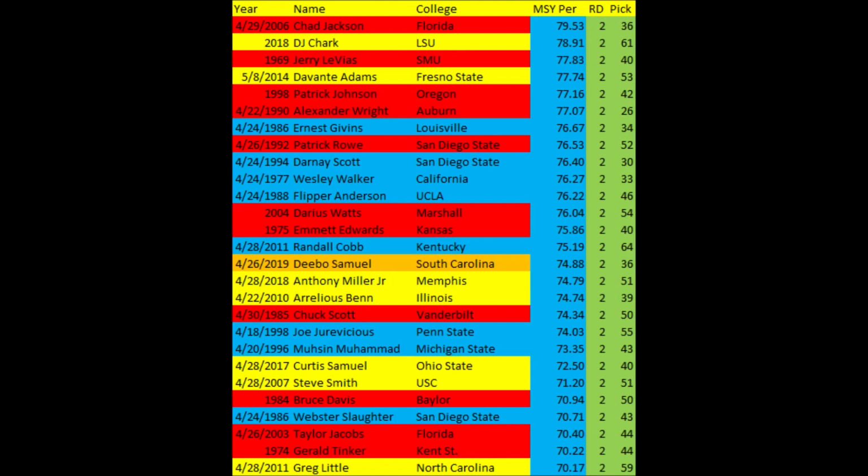But the bottom line is there is a decent amount of successful players in this area with Deebo Samuel. So I think there's a good chance that he has a better chance than most to become a successful NFL wide receiver. He has been doing well in the preseason. I know that he's made some big plays in the preseason. The only question mark with him, of course, is age. He's a little bit older compared to other prospects. But in general, what I just wanted to get out there is that Deebo Samuel is someone that if you